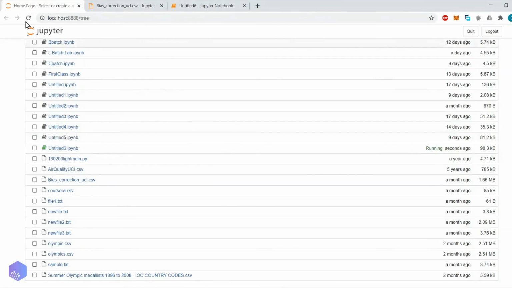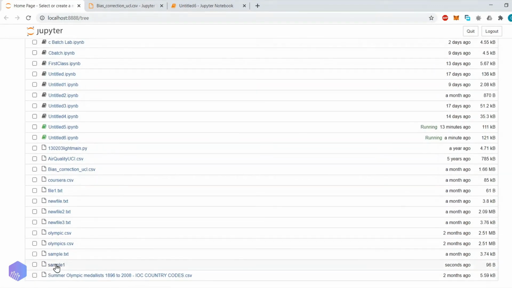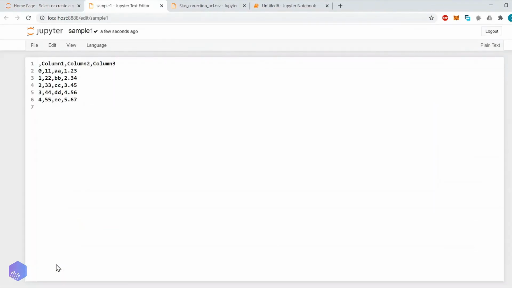So let us go to the home page. Here it is, sample one, and if we open it, you can see we get all the columns. But while the file is being exported, here you can see one additional column. Although we have specified only 3 columns, in the output we are getting 4 columns.